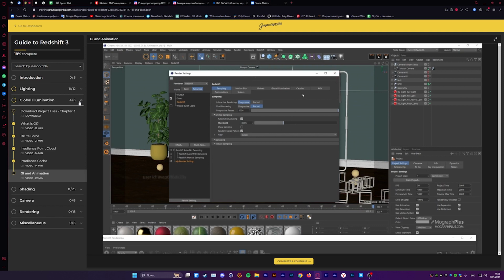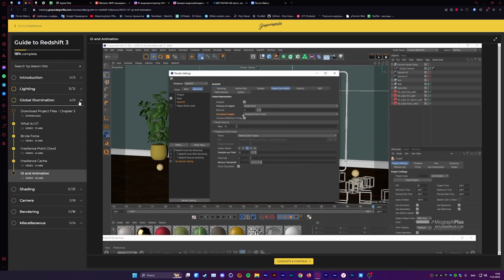First, let's set the noise threshold to 0.003. So let's go to the global illumination tab, increase the retrace threshold to around 2. If the scene is more complex, you can even go for 3. Samples per pixel to 32. Change the mode to rebuild pre-pass only. Define where you want to save out the irradiance point cloud maps. Now,